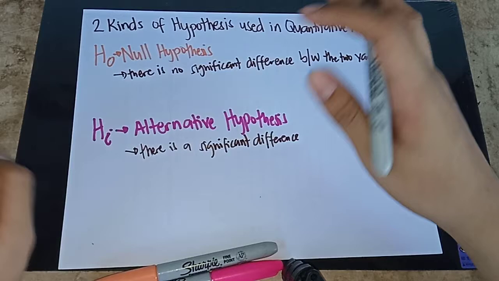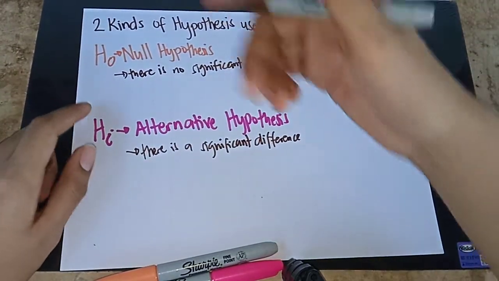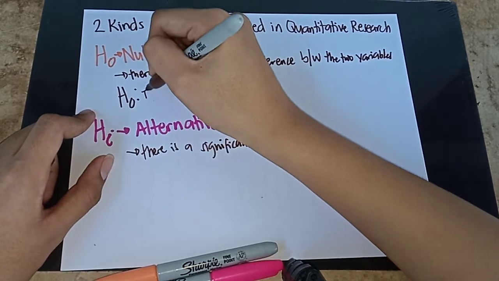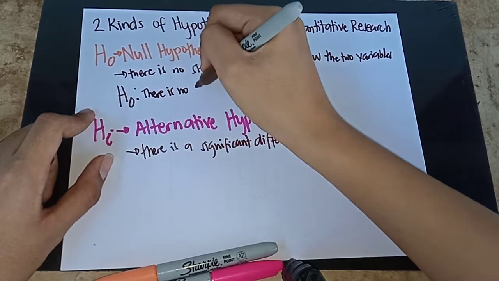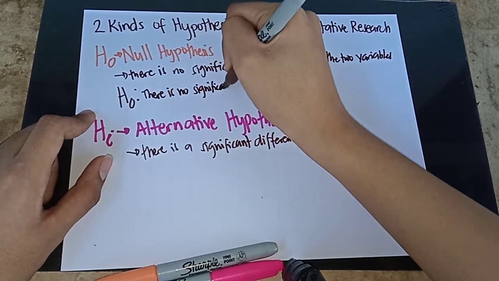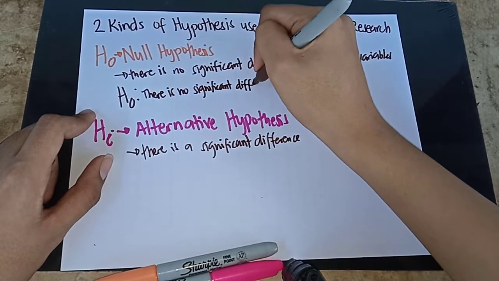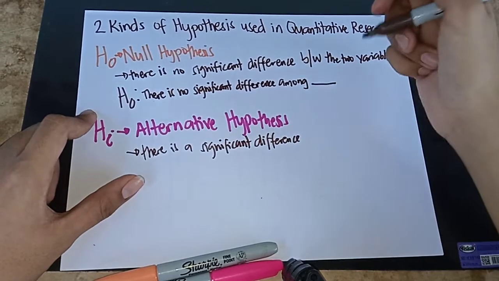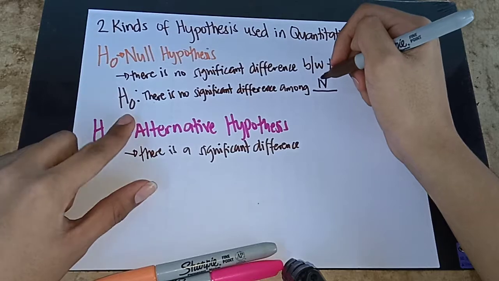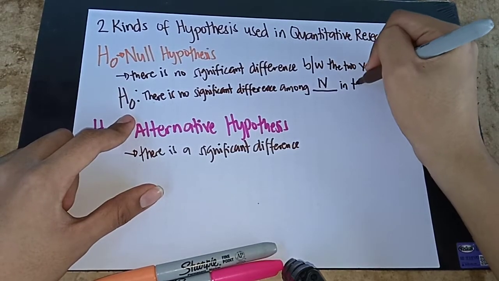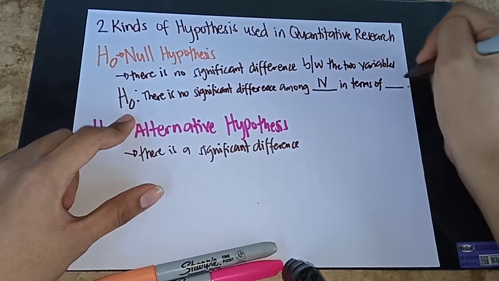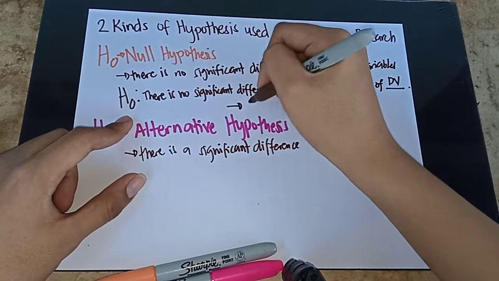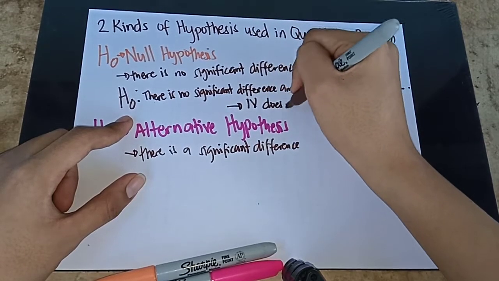So, meaning to say, the format when we write the null hypothesis is this. H sub 0, colon, there is no significant difference among blank. So, this blank will be your independent variable. Okay, among blank in terms of blank. So this blank will be your dependent variable. So the meaning here is that the IV, or the independent variable, does not affect